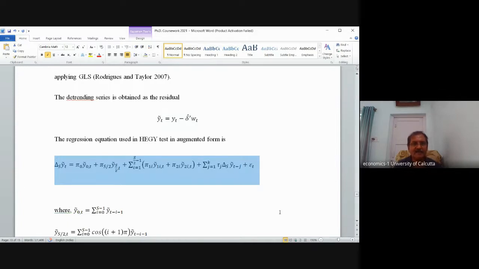Now try to write down the same expression for quarterly series. Quarterly series এর ক্ষেত্রে এটা কি হবে লেখো, লিখে আমাকে বলো।